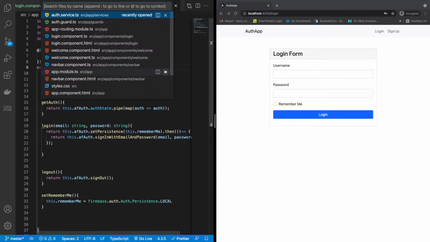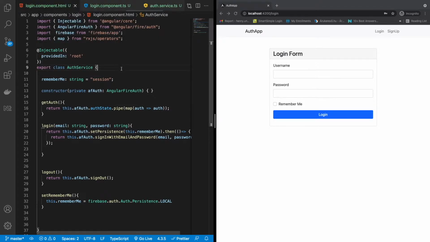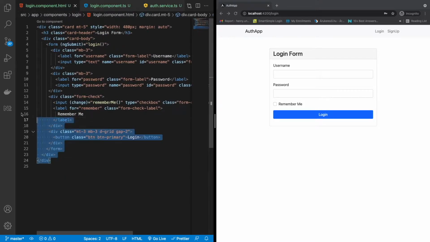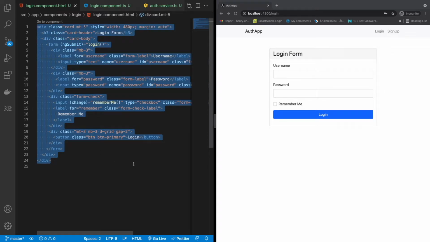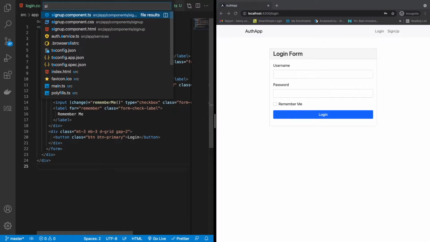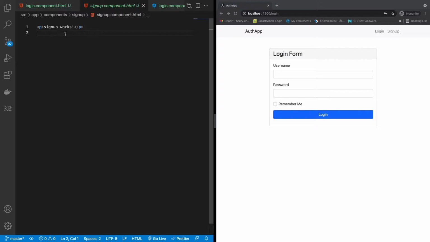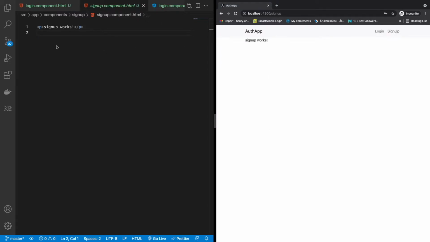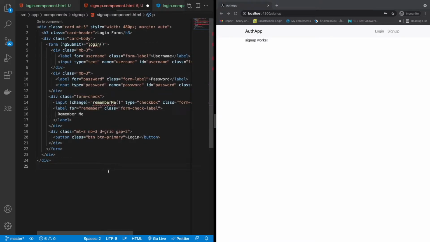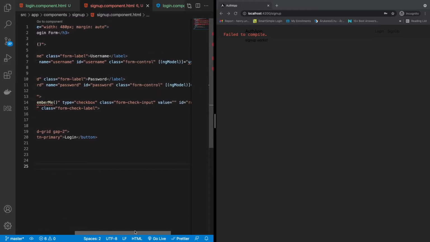So I'm going to head over to login HTML component, and I'm going to copy over this form, and we want to take that over to the sign up component. So I'm going to go to sign up component.html. Here we just have the sign up works. So if I click here, you just see the sign up works. So I'm going to put in the form now, and then we can modify and remove things that we don't